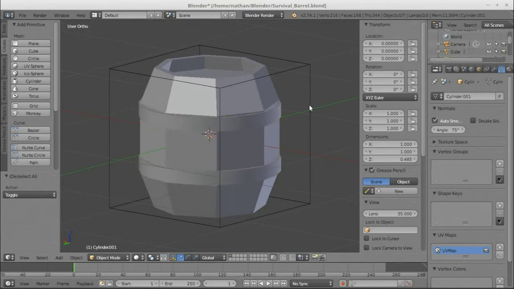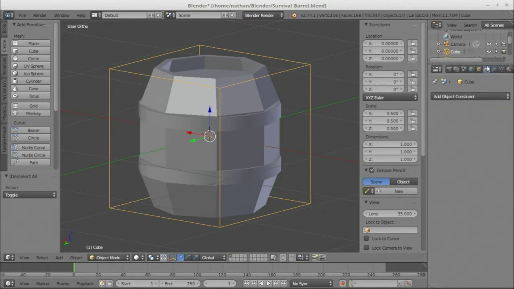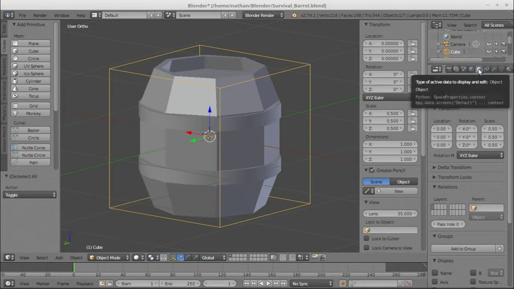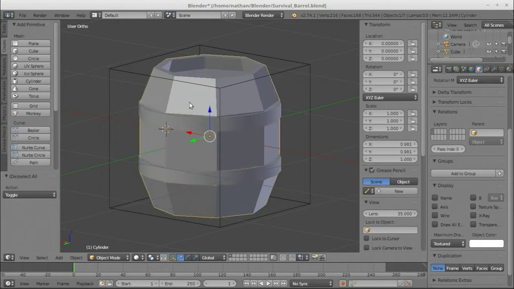Creating textures in Blender for my test, mainly just how to unwrap them. If you watched video 1, you'll remember me saying I like to create a cube and put my meshes inside of it. This is rendered just as a wireframe, and you set that up under the Object tab here. You just do display wire, and a maximum draw type is wire. Anything you build and put inside of this box, you know for sure will fit in the space